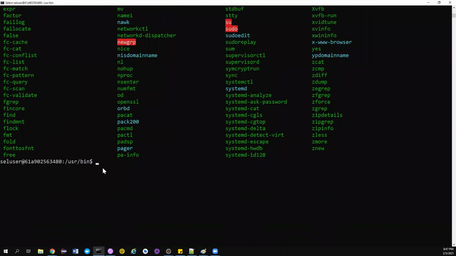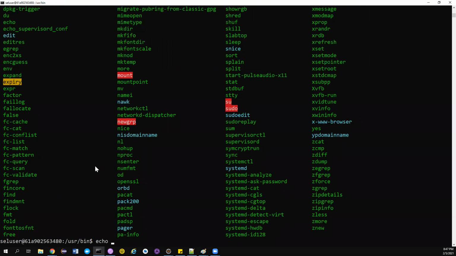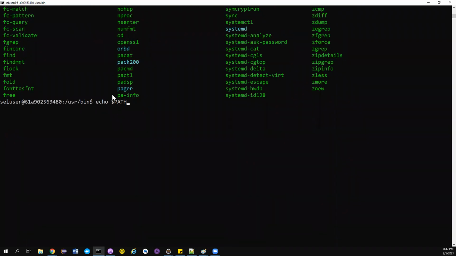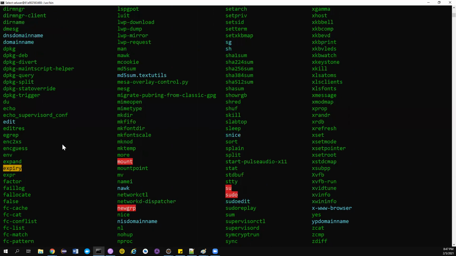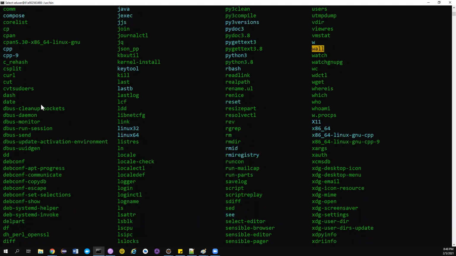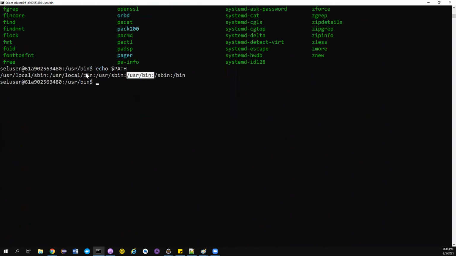This is because, if you just mention echo $PATH, you mention this, they have set some environment variables. They have set an environment variable to this particular folder, /usr/bin. When you set this, you don't have to mention the full path. By default, your machine will go and search for files in these particular locations, whatever locations you have mentioned here. If you don't know, if you cannot relate to this, how? Please give me an example.